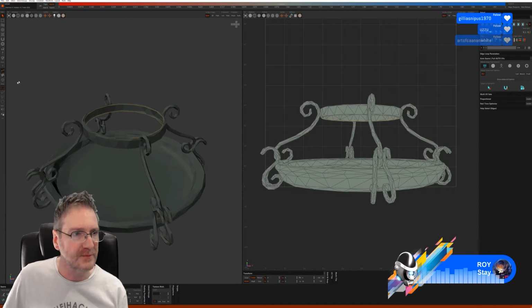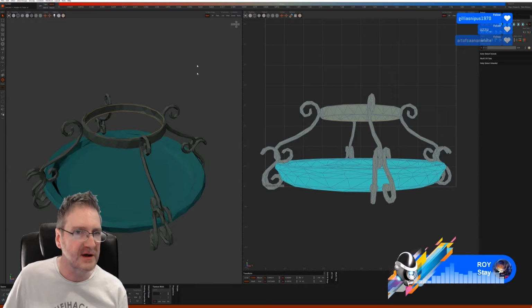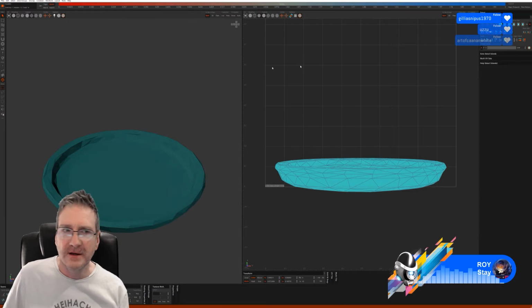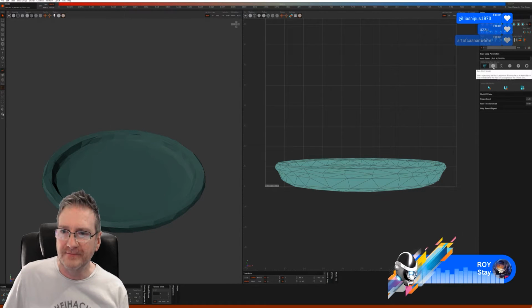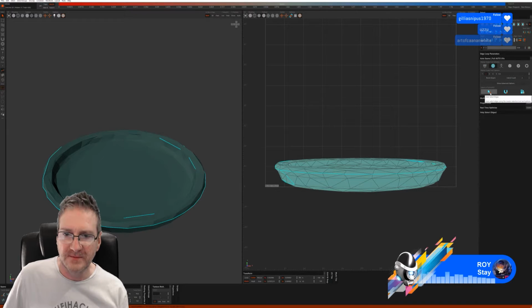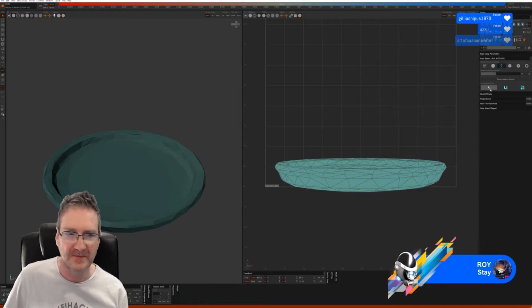Alrighty, we'll go into sub-object mode and hide the rest of it. And let's map it using, let's try this one. No, let's not try that one. Let's try this one. No.